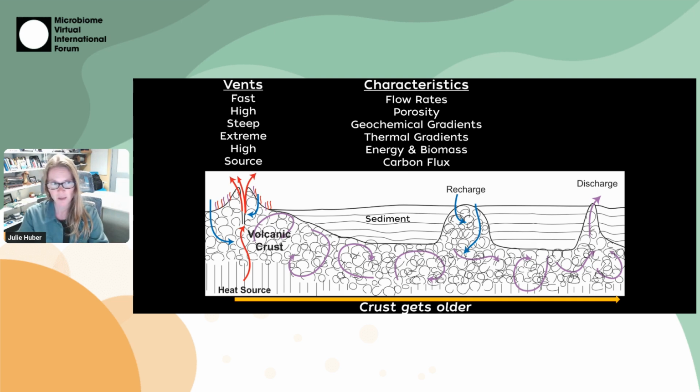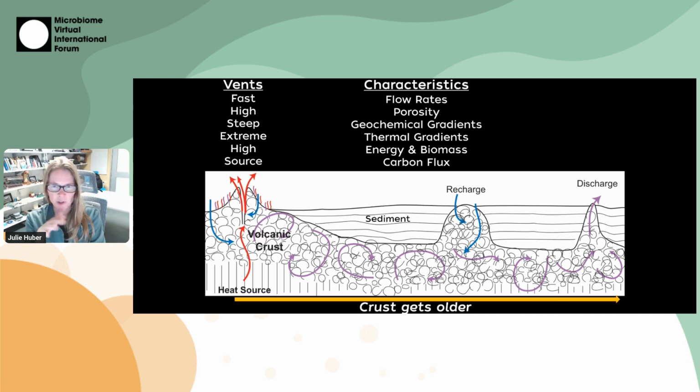So at deep sea hydrothermal vents, things happen very quickly. These fluids, as I showed you, gushing out of those smokers are very fast. And we also have a lot more measurements from these regions and just kind of know more, but they have high flow rates, because we have this heat source, we have big pressure changes. The crust is really porous, as that video showed with the snow blowers. There's a lot of space for microbes to move through it. And we have these really steep geochemical and thermal gradients. And that creates a lot of important redox couples for microbes to exploit.